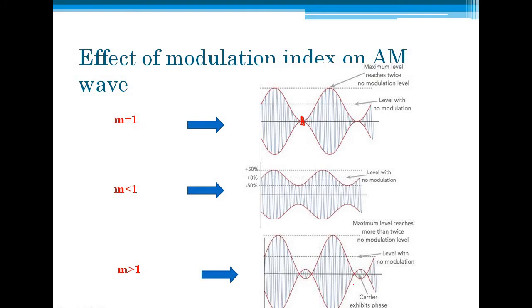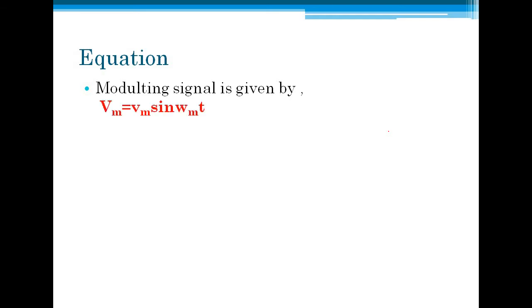It depends on its modulation index. So generally the perfect condition for modulation is that m should be less than 1. Okay, so this is the effect of modulation index on AM wave. Then the equation of AM. The modulating signal or your input signal is given by vm equals Vm sine omega mt, where